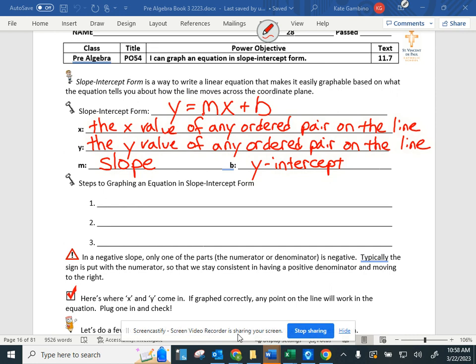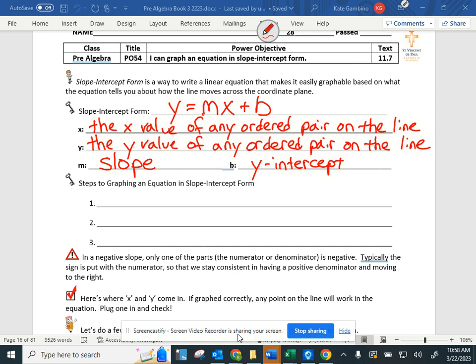Yes? Why is the letter M for slope? Why is it just S? Yeah. That is a really good question that I do not have an answer to. Somebody way smarter than me created this equation. They know this formula, and that's what they gave it. So we just need to know. I'm thinking maybe possibly the S equals something else in some other form of math. So I don't know. I truly don't have an answer for that one. I just know it. Aiden,